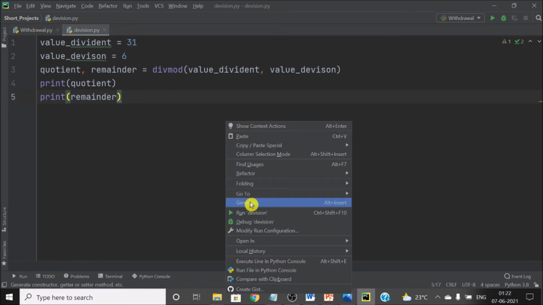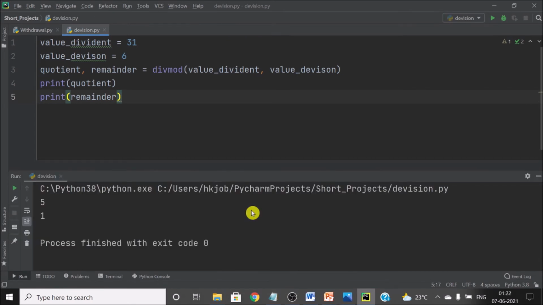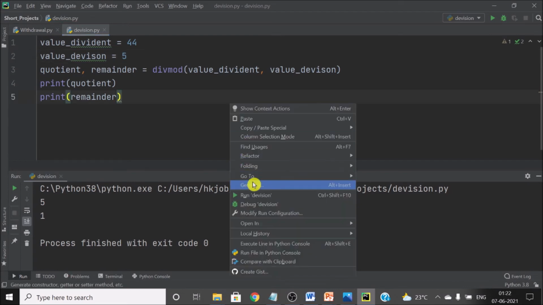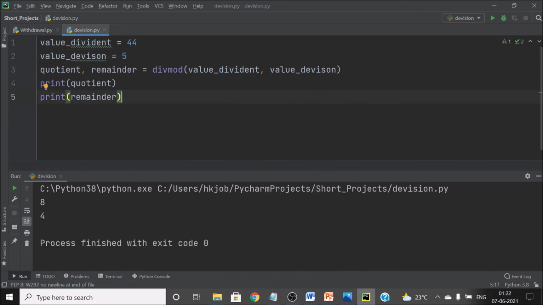If I run, how much should come? 5, because 31 divided by 6 is 5, and then you have the remainder. Now again I will try 44 by 5. Then I will run this once again. So hope you understood how we are using it.